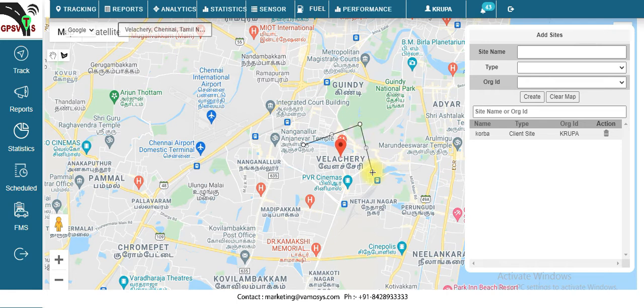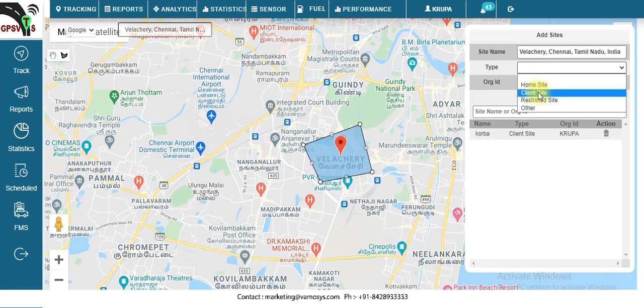Just simply click on it first and drag it. A site will be created, and after that you have to enter the site name here, type of site, suppose it is a client site, so I have chosen the client site, organization, and simply click on create. So this geofence or site has been created.